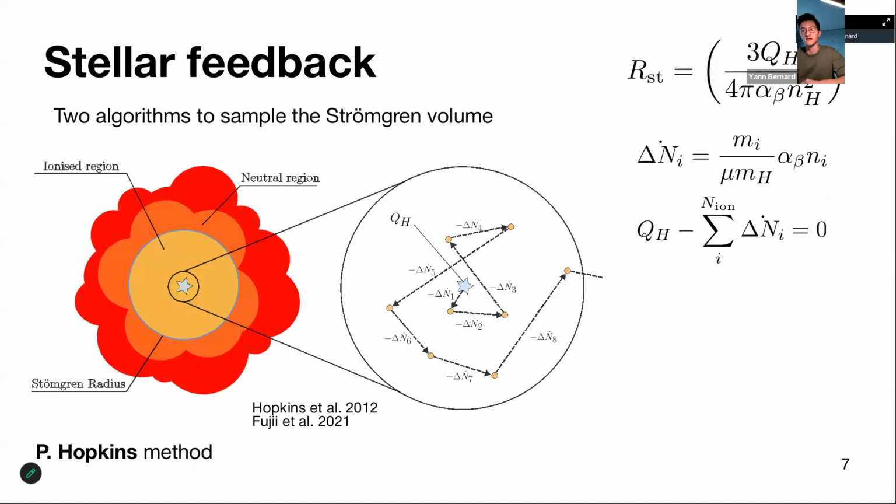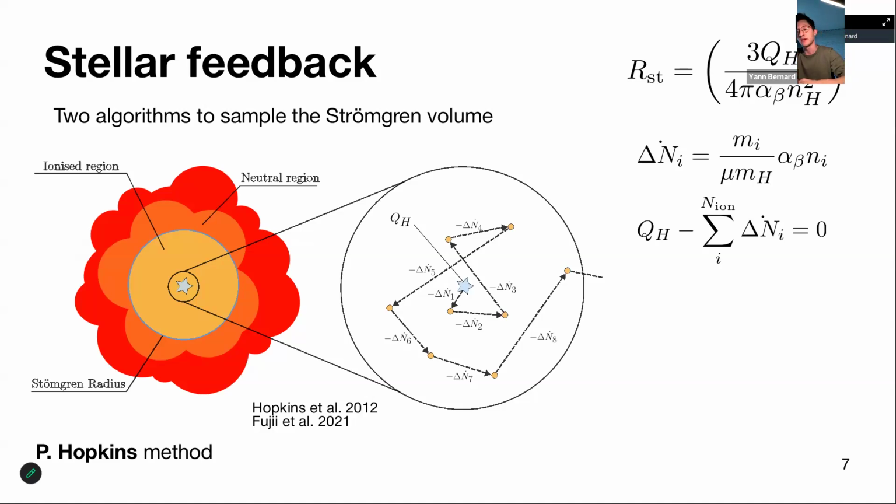The second module was on the stellar feedbacks, and for that, I chose to implement H2 regions. An H2 region is basically the result of the ionizing of the gas around the massive stars due to their ionizing radiation. The gas is heated to 10,000 Kelvin, and then you have a very strong pressure gradient that will push the gas and expel the gas outward from the region of